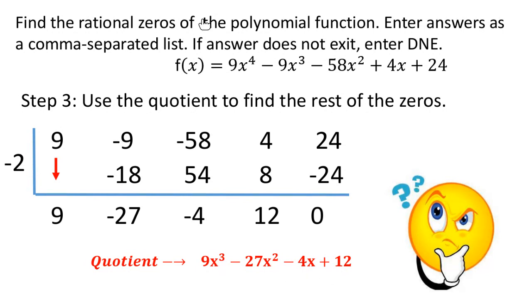Okay, there might be two options here. If you look at this polynomial, you have 4 terms. Okay, and so one possibility is to set it equal to 0 and then factor by grouping. And so if you feel comfortable with factoring by grouping, then you can check to see if it's factorable. But if you're not sure, or you're not comfortable with grouping, then it's okay. What we would do